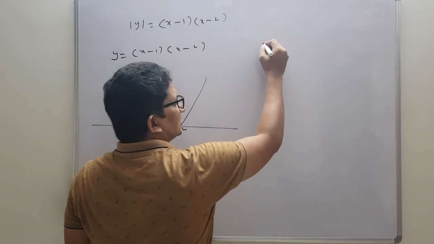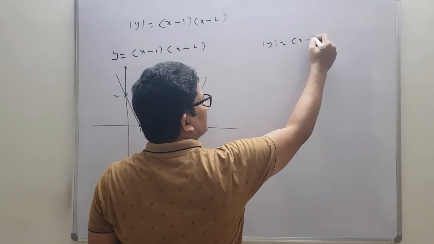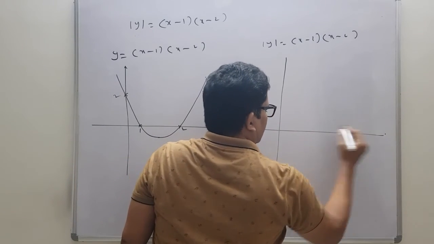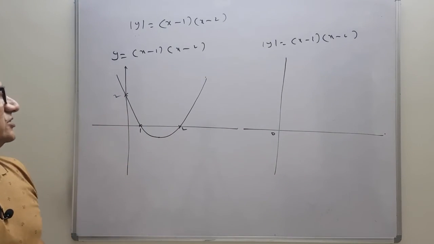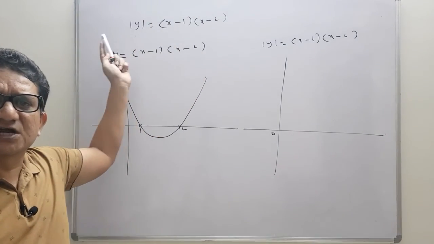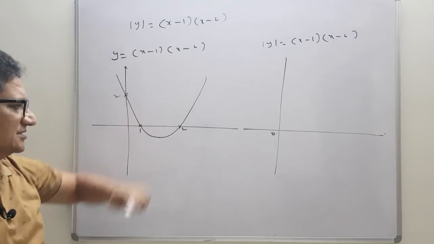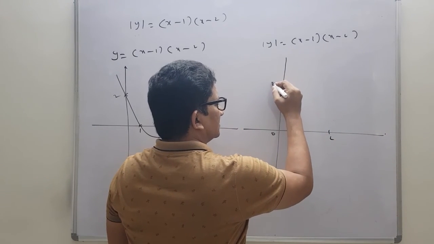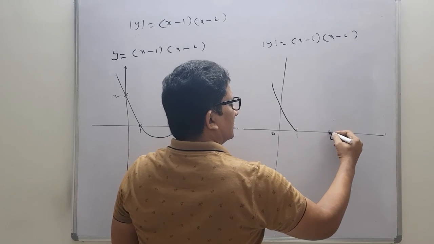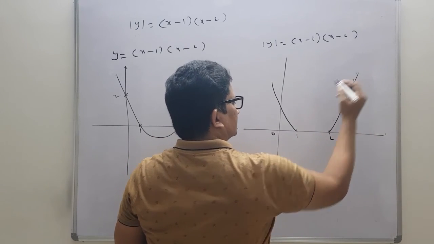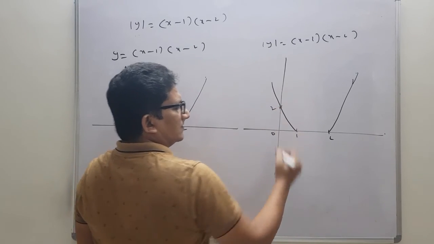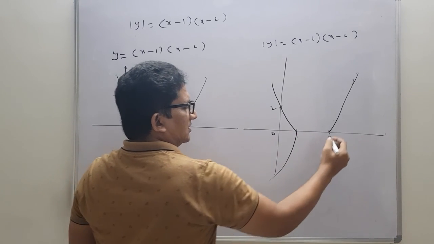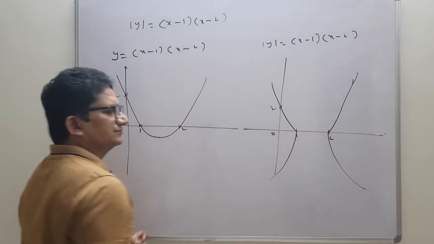Now we will come back to the original requirement: modulus of y equals x minus 1 into x minus 2. Now see, students, according to the theory of mod y equals f of x, first draw the graph which lies above the x-axis. So here I will keep 2 points, 1 and 2. From this we will take one line like this, another line like this type we will take. So this is at the point 2. Now its reflection will go in this direction, and its reflection will go in this direction. That's it.